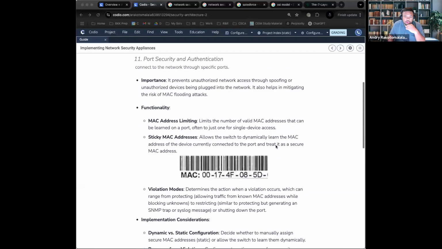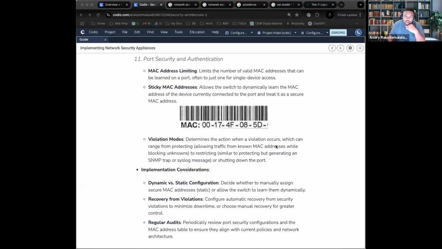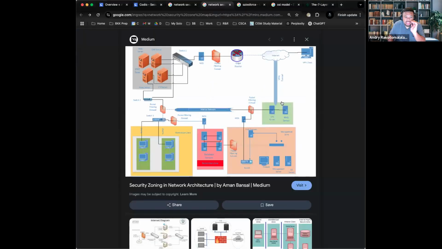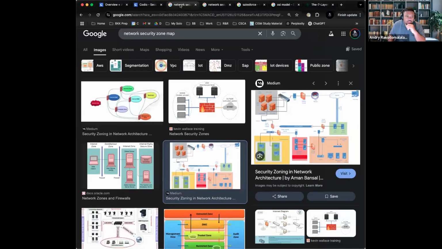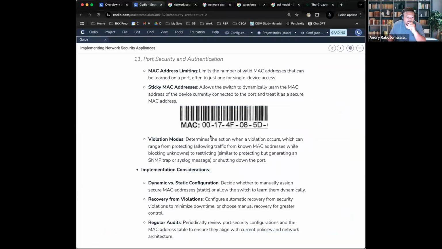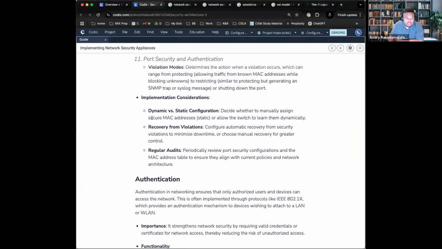Now, when it comes to port security, this is in regards to access control. It controls who and what can connect to your network. This is typically done at the entry point. The entry point in this case would be the router and the switches. So these are the two entry points where you'll typically have port authority to be able to allow or disallow access to a certain resource.